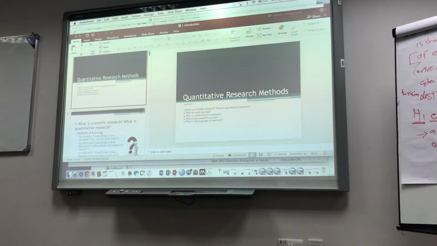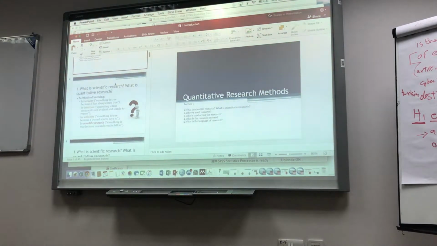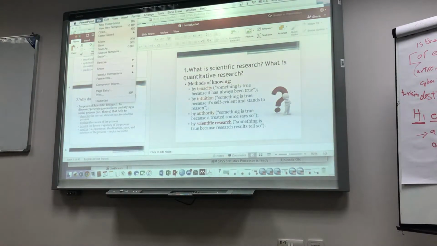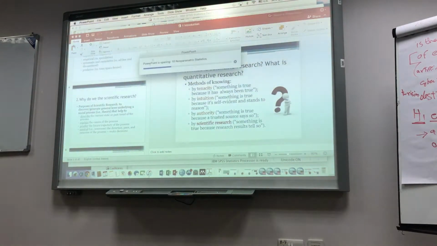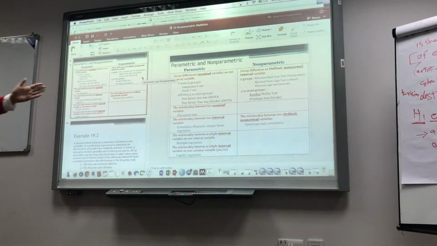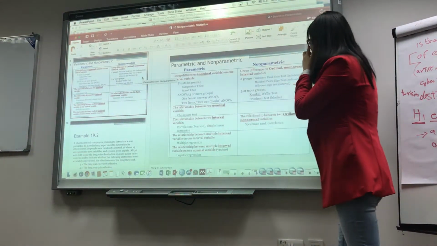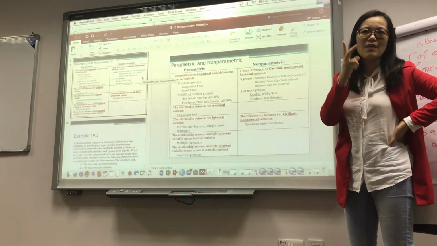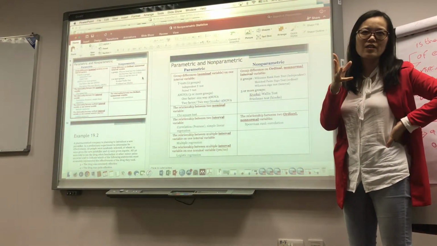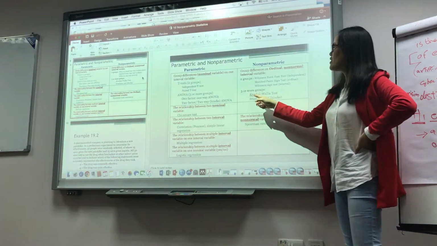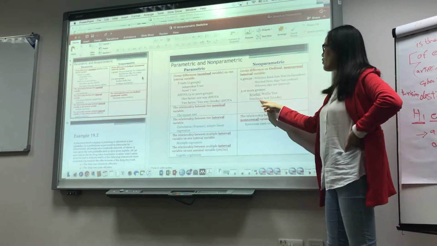Identifying the different types of measurement will help you decide which statistics to use. Remember, I will show you the non-parametric statistics slide. There are so many different types. This is the most important slide for non-parametric statistics. There are three groups now: white, black, and other. So with three groups, definitely you should go here, either the Kruskal-Wallis test or the Friedman test.